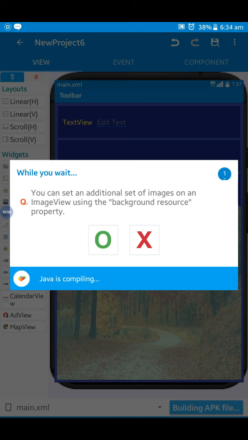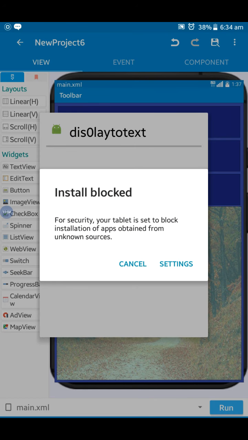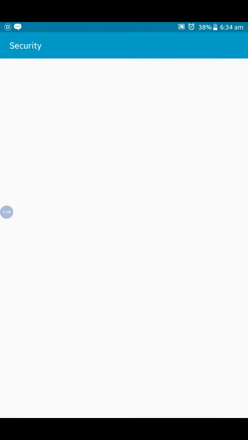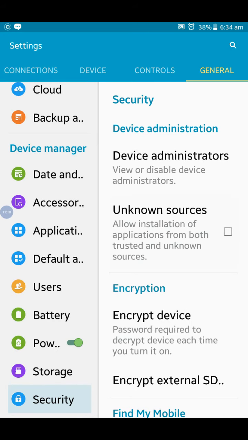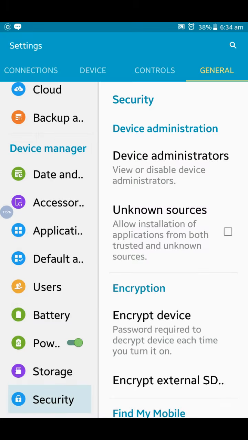Java is compiling. APK is building. Okay. Done. For this APK to be installed, it will ask for installation permission, and it is showing that it is from an unknown resource. So we have to choose allow this installation only.